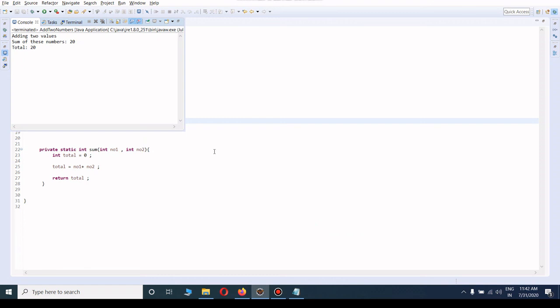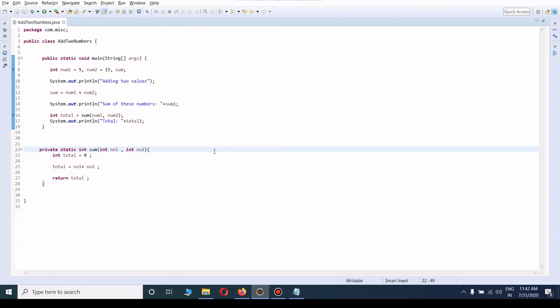So this is how we can use a breakpoint, and how to run the code in debug mode. Friends, now you can see that this is a very simple code, so you can already predict what will be the value of number 1 and what will be the result. But in most cases, in complex applications where a lot of arithmetic operations are there, it is very difficult to find which variable contains which value. So at that time debug mode is very important. So friends, this is about how to run the program in debug mode.